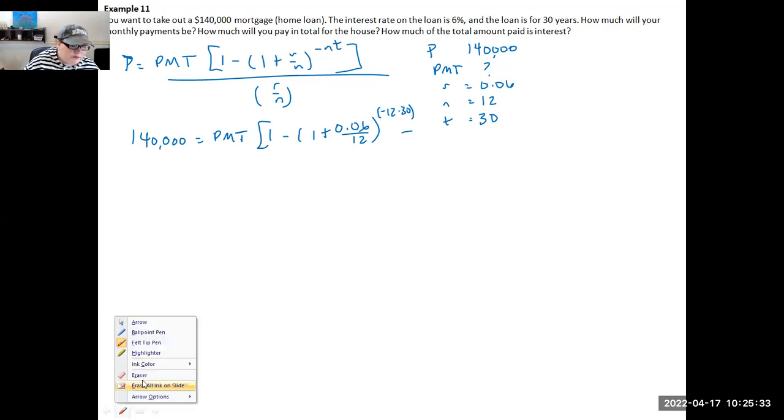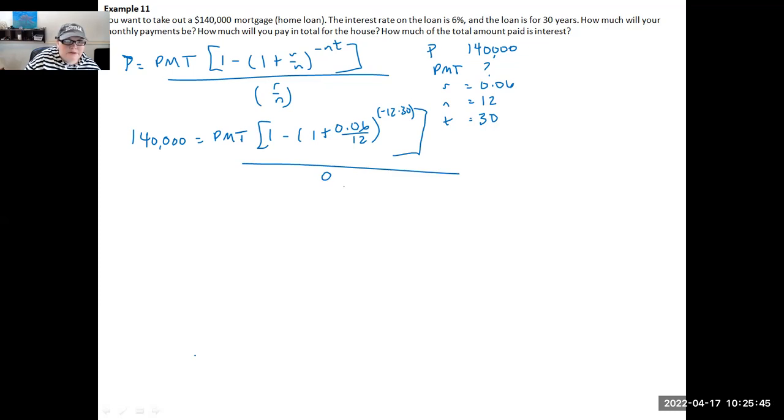using the annuity formula. Don't want to mess anyone up here. So close big parenthesis over 0.06 over 12. All right, calculator. I'm going to start on the right-hand side of the PMT. So open parenthesis, 1 minus, open parenthesis, 1 plus, 0.06 divided by 12, close parenthesis, exponent, open parenthesis, negative 12